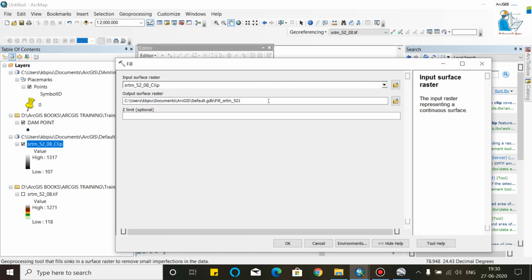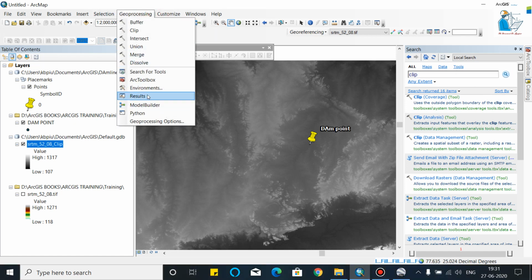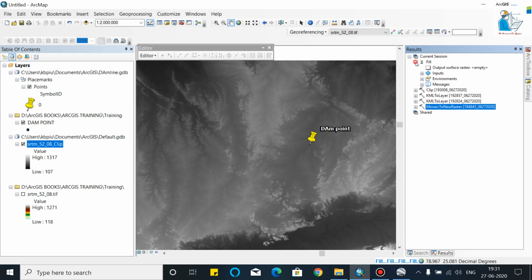Now we will use the clipped raster as the input raster and click OK. As you can see, your fill command is running. You can also see it in the Results tab.